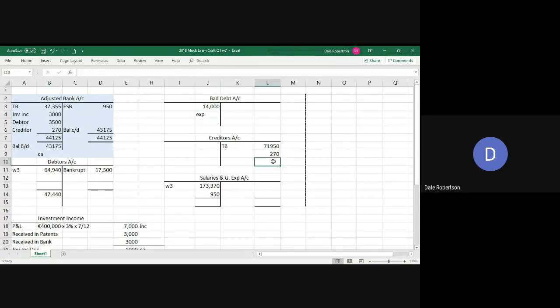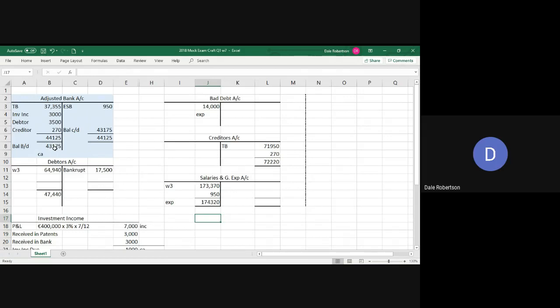The creditors are now adding up to 72,220, a current liability, and of course this is also an expense, and that's going to add up to 174,320. Of course, as the clue is in the name there, that's also an expense, administration expense. So from this whole working, you have a new current asset bank figure, which we have confirmed is